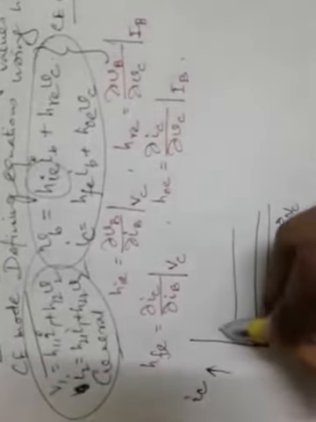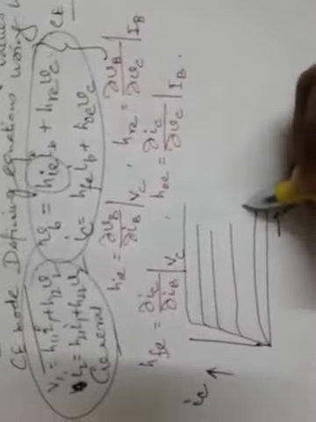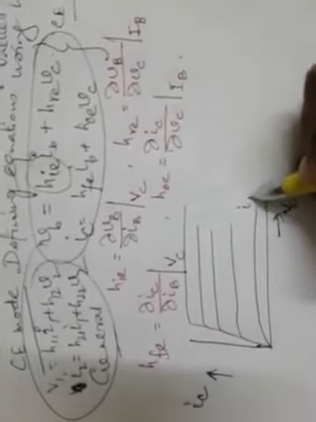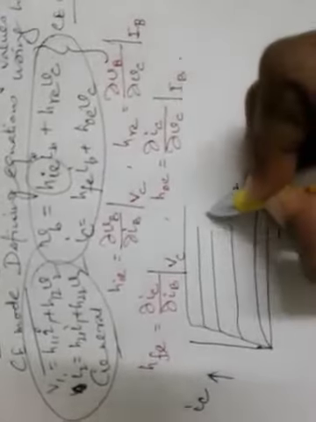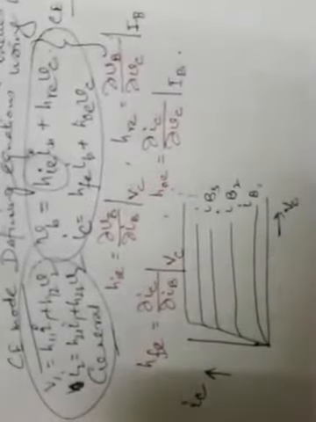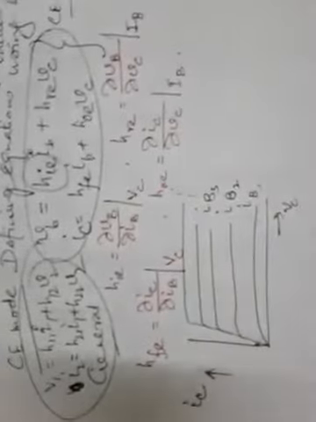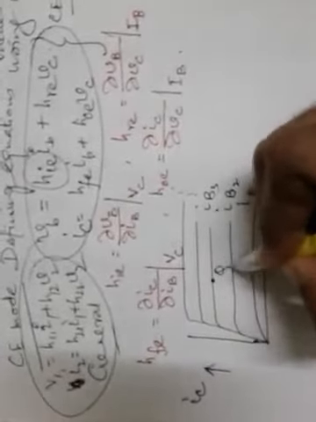So this VI characteristic will look like this, and for different IB values, suppose this is IB1, IB2, IB3 and so on, we should be getting different characteristic curves. Suppose here the Q point is located,